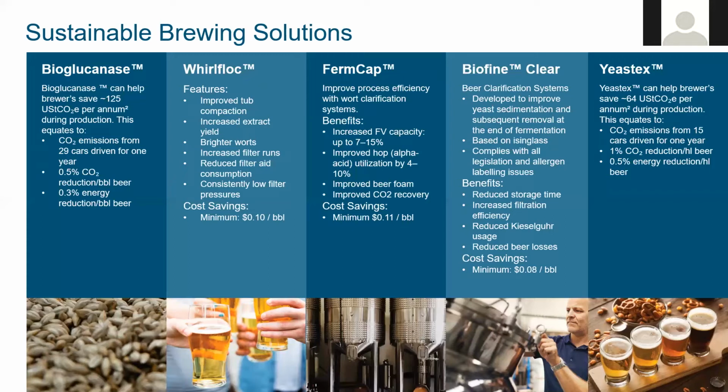And again, there are significant benefits there in terms of filtration run optimization, reduction in filter rate, reduction in waste to landfill, things like that. So again, we have calculated, based on many brewery experiences, a cost roughly in the order of $8 per barrel. And finally, when we look at yeast X, quite an interesting one,